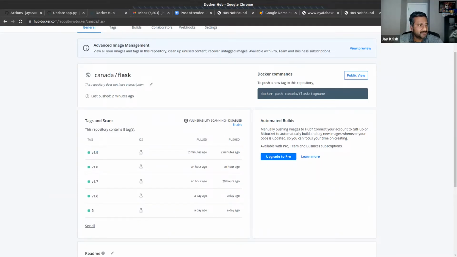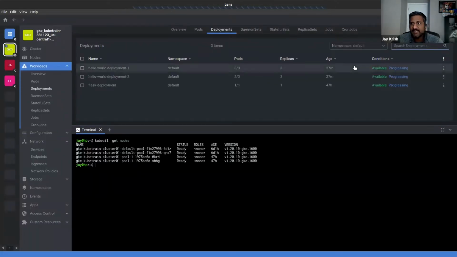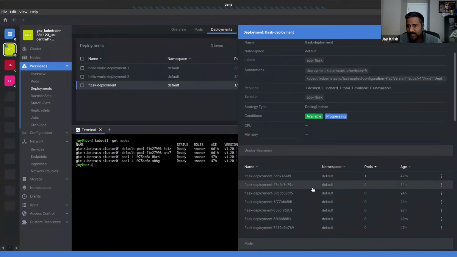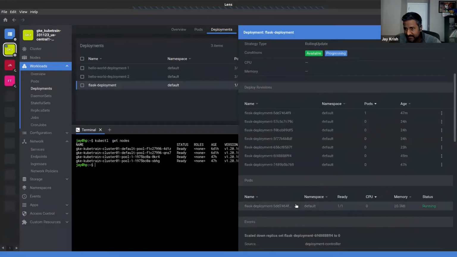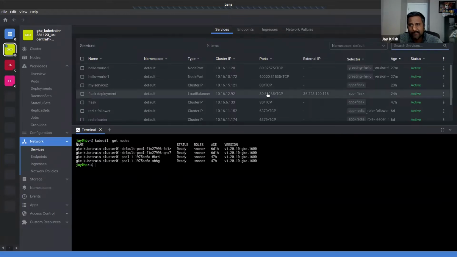Now let us go to my Kubernetes cluster. Okay. Now, if you remember yesterday, I had a deployment called Flask deployment. Okay. And there is only one pod running here. Okay. And let us also look at what is my public static IP address.